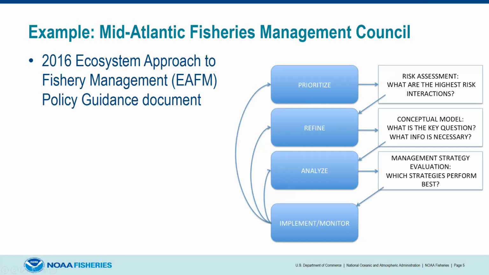So you see that they want to prioritize what's going on, develop a risk assessment, and figure out what the highest risks are within their system. So what parts are linked to the most risk, or what do they not know the most about in their system? Refine that, develop a conceptual model, figure out what questions they can answer, what information is needed, and then